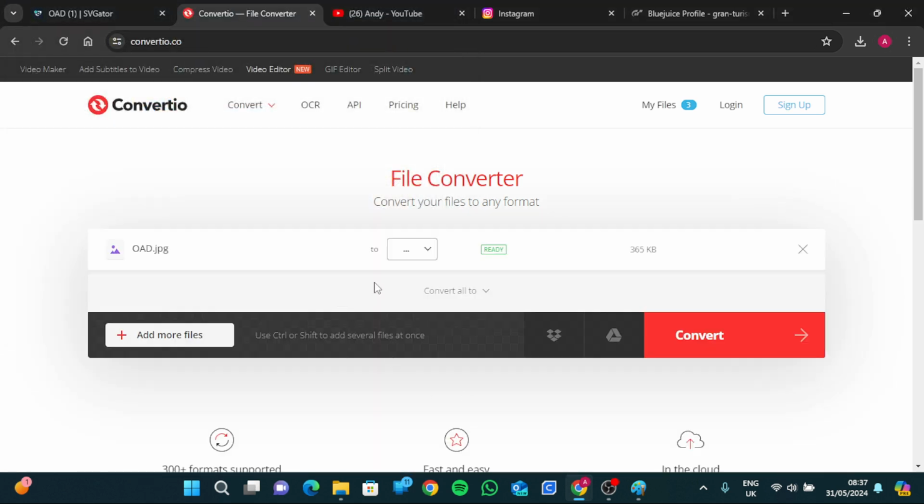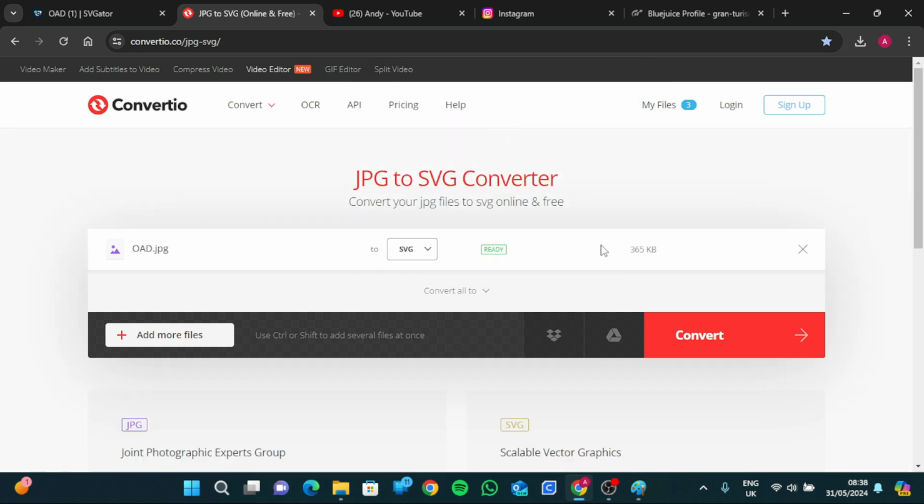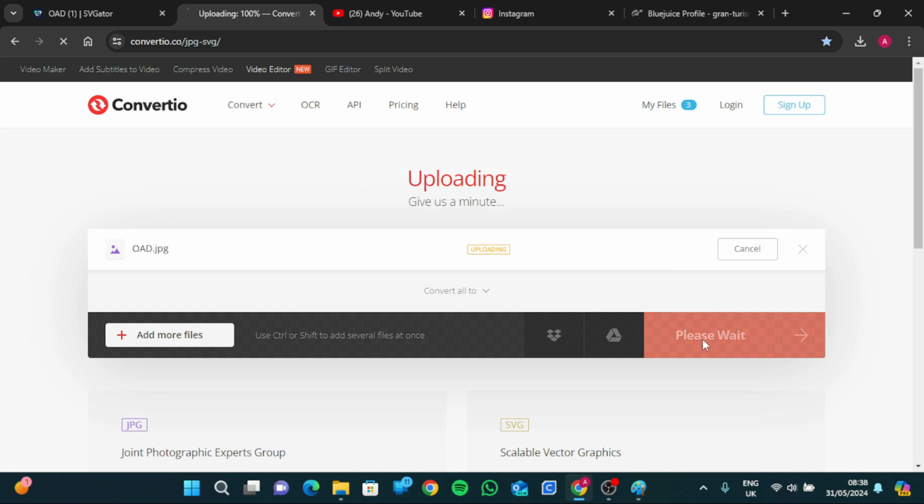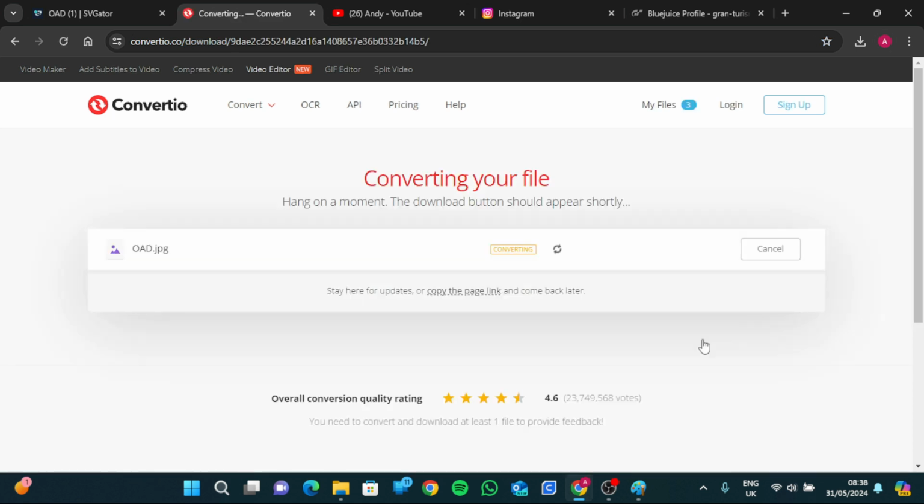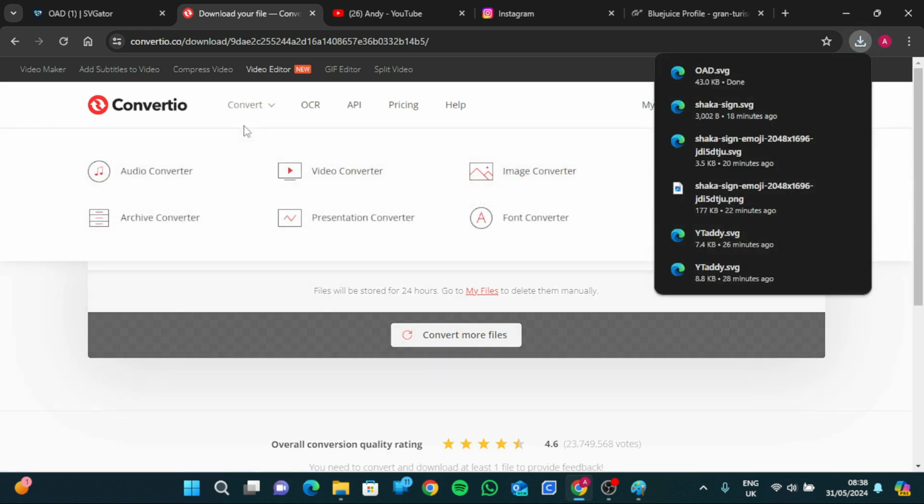Okay, so this is just my basic JPEG, convert it to an SVG, and it's huge. You can see it's 365 KB, far too big to go straight over to Gran Turismo. Far too big. So convert again, it's really quick, and bam, it's already dropped it. Okay, so we downloaded it,